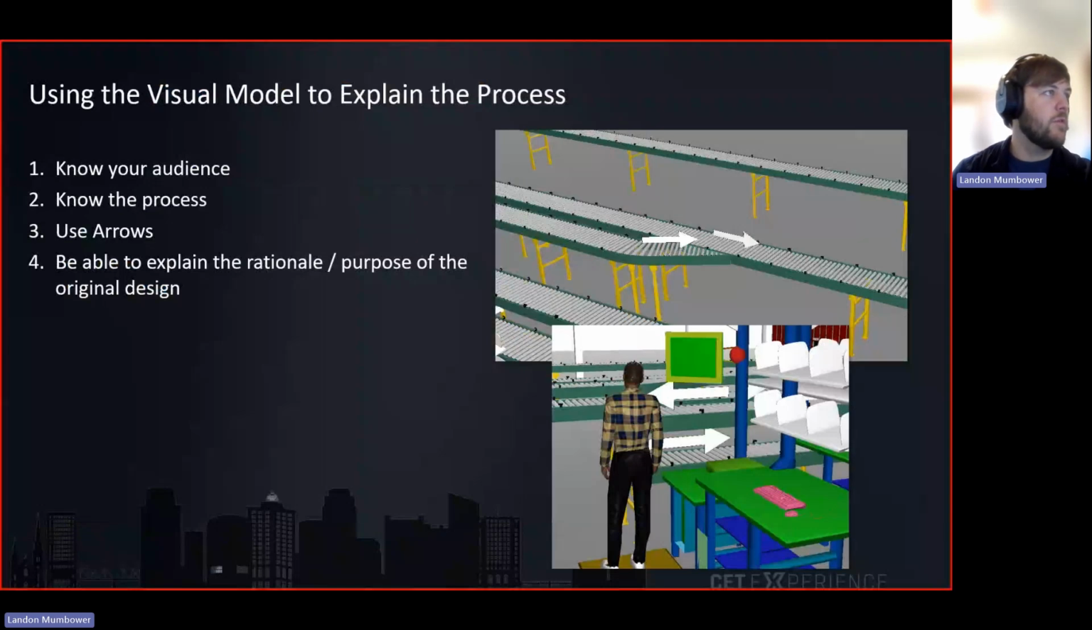While this is opening in the background, I just want to have the next drawing ready. That's what's going to be going on in the background. But we're going to use the visual model to explain the process. So one, as I mentioned earlier, we need to know our audience, right? And with knowing our audience, we can then make sure we cover the process of what we're trying to